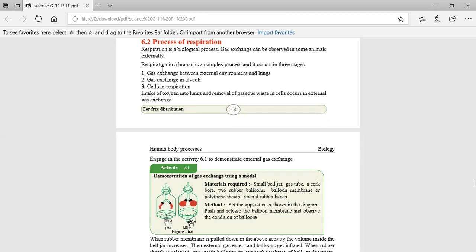In the respiratory system, there are three parts. We can talk about the three parts. What is that? Gas exchange between the external environment and the lungs. You know, there is the external environment, and inside there are lungs, right? In the lungs, the smallest unit is the alveoli inside the lungs. Then